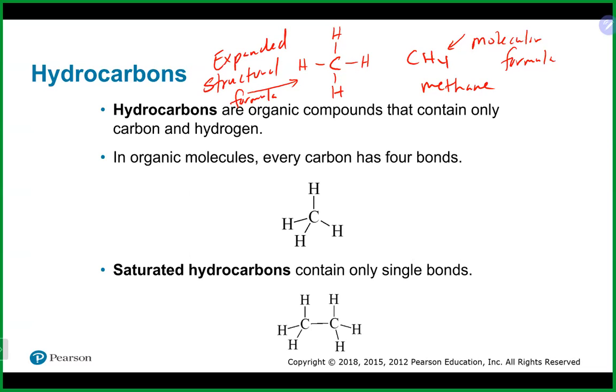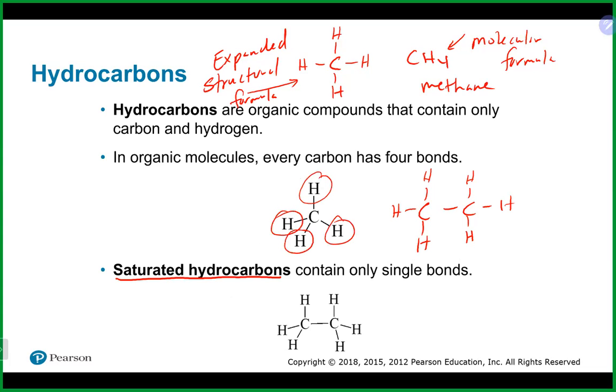The expanded structural formula is pretty much like a Lewis structure where you draw out all the hydrogens, basically. This guy here on the bottom, and also the CH4, they're what are referred to as being saturated hydrocarbons. Saturated hydrocarbons means that carbon has, in that particular case, the maximum number of hydrogens it can have. So if you remember, we talked about carbon wants 4 bonds. So in the case of one carbon, the maximum number of hydrogens it can have is 4, and that means